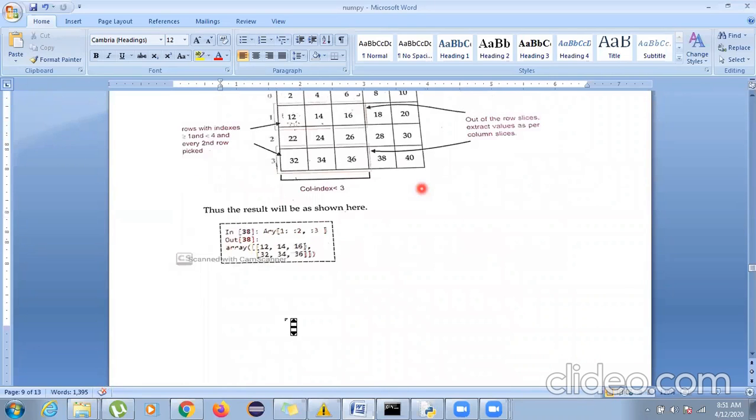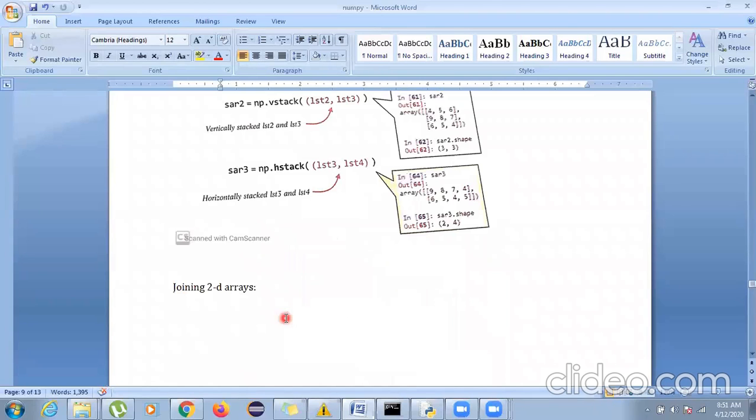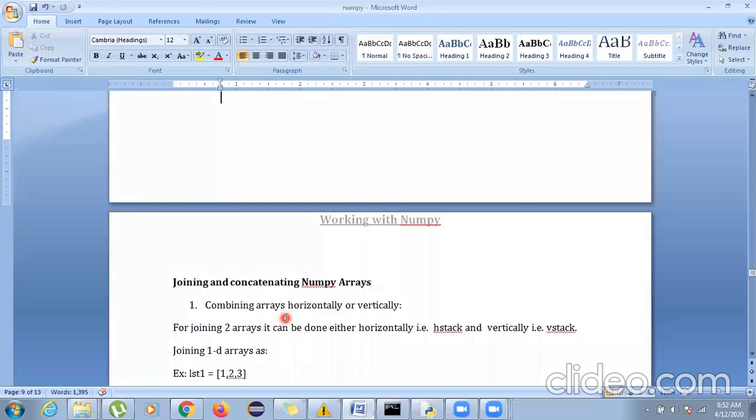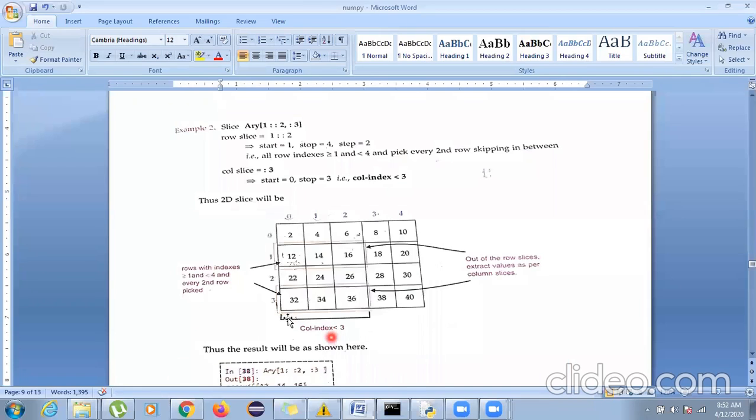The next function we have is joining two arrays. Now see, when we slice, slicing is not the only way for chopping off or getting a particular subset of an array. There is one more method for doing it, which is splitting, which I'm going to take in the next session, because if I take it in the same session, it will be very confusing for all of us. So over the 2 days, at least Sunday and Monday, go through all the slicing examples. I'm saying it for all the students: go through all the slicing examples. It would be better for you to understand in the next class how slicing is different from splitting.